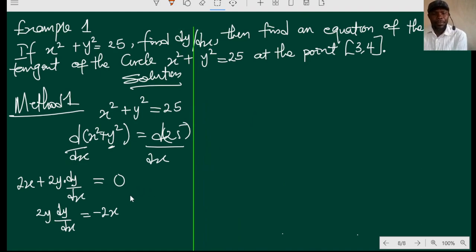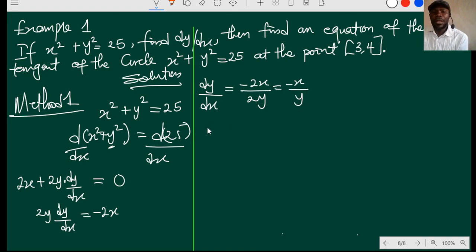So now you now have dy/dx is equal to minus 2x over 2y, which is equal to minus x over y. So our formula here is that dy/dx gives us minus x over y. So now this is the formula for minus x over y, but the question continues to say that we are